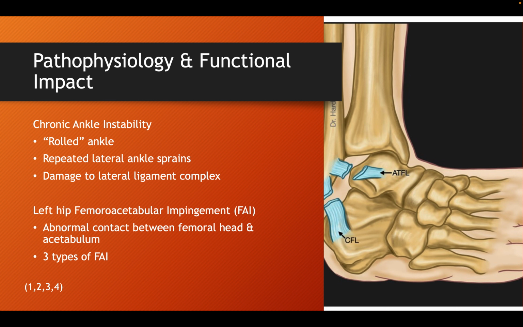The first, a cam lesion, is where the femoral head has an overgrowth of bone, creating a bump or abnormal shape that rubs against the acetabulum, leading to pain, stiffness, and potential damage to the labrum. The second, a pincer lesion, is where the acetabulum has an extra bony growth or overhanging rim, causing the femoral head to be overly covered, again causing a pinching of the labrum. The third is a combination of both cam and pincer lesions. This would affect Steve's functional capacity and daily living conditions, as he would experience pain and reduced range of motion